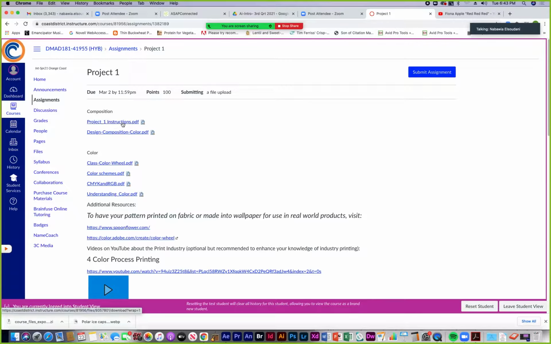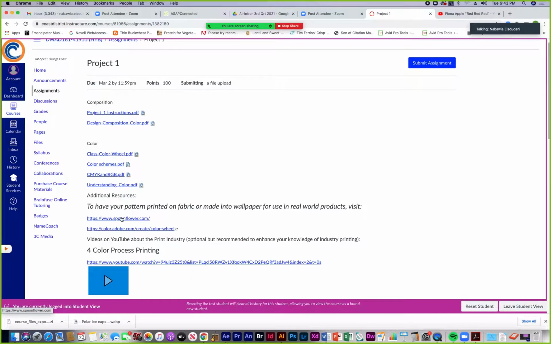The instructions, which I'll still be looking at, and the design composition and color we started looking at. We're going to get into color on that one. And you have some additional handouts under the color section now to look at.